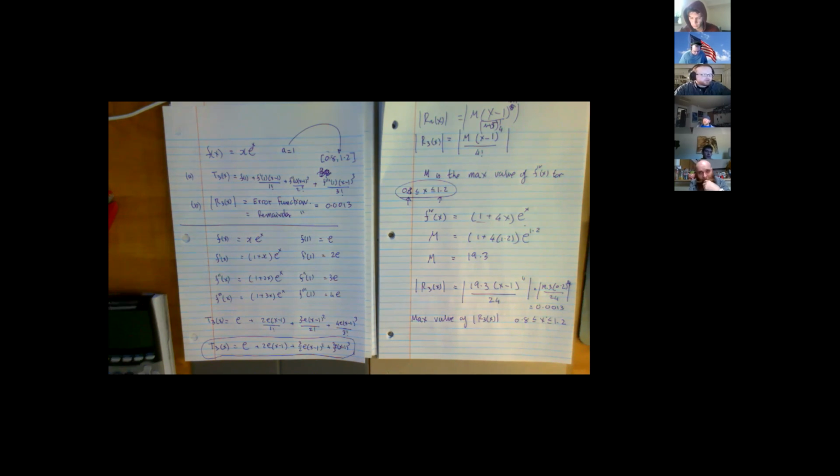But I guess my question was, okay, so if you're looking for R3, it's the fourth derivative, but maybe we're just talking at cross purposes in terms of the premise of the question. This would only be if you're asked for R3, but we're not talking about a question that's asking you to get accurate to X or Y decimal places. Correct. You're only being asked to find R3 of X and its maximum value. Yeah.